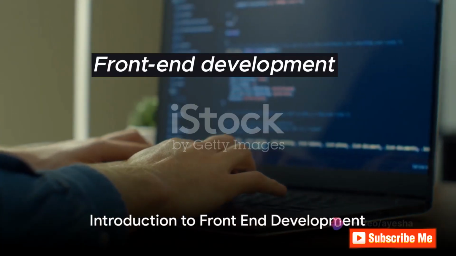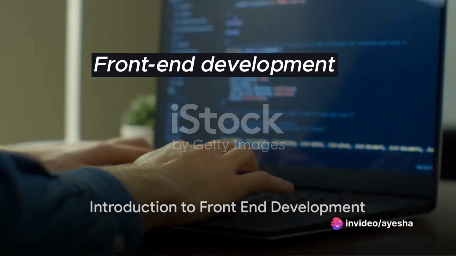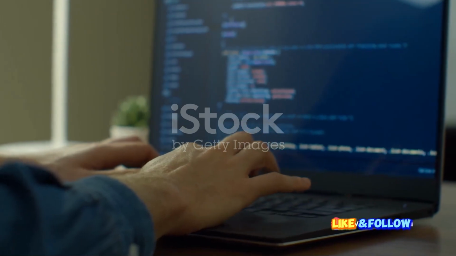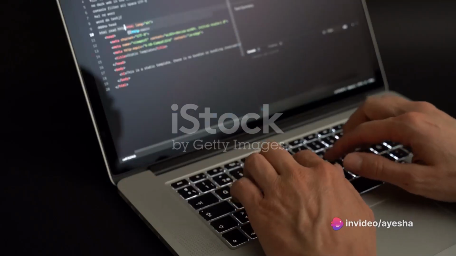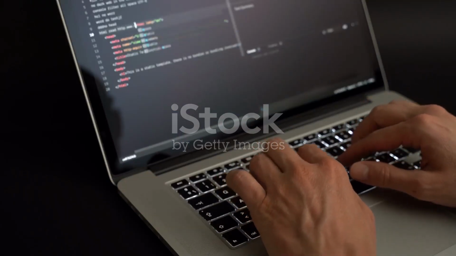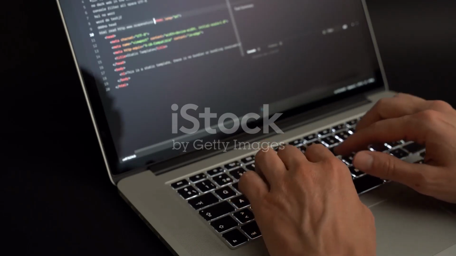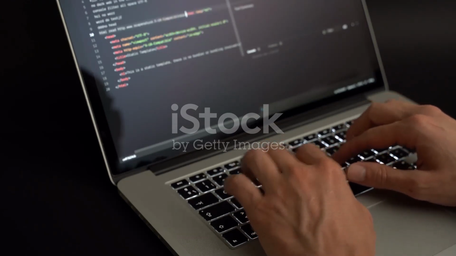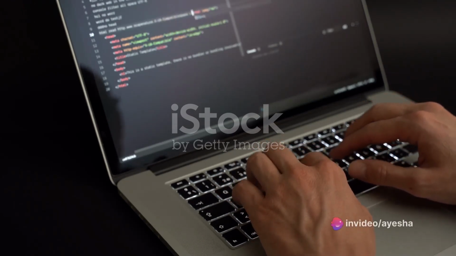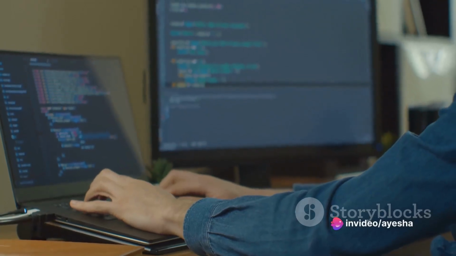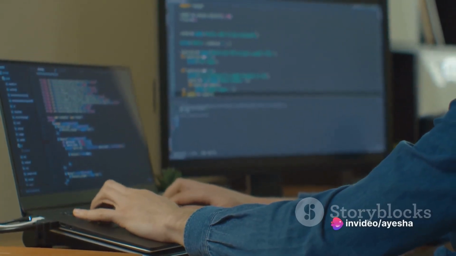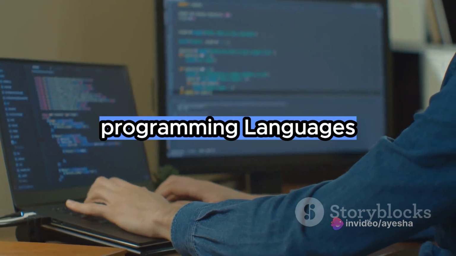Ever wondered how the sleek interfaces and interactive elements on your favorite websites come to life? The answer lies in the realm of front-end development, a key component of web development that focuses on the user interface and user experience. Today, we're diving into a specific aspect of front-end development, creating a responsive navigation bar using